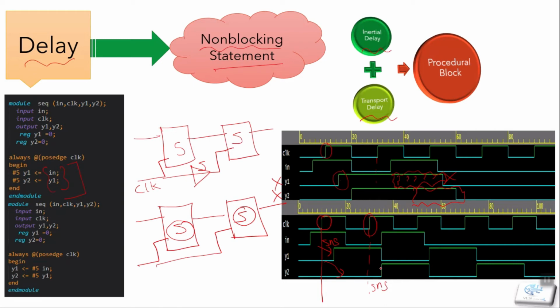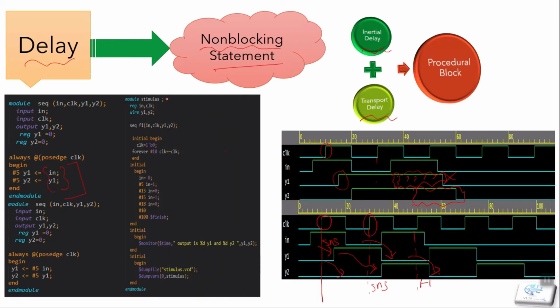That's why we got our y2 after this interval. In this way it works. On the next positive edge of clock, the input is low and our output y1 is low. But on the next positive edge of clock, we got our y2 low, because y2 depends on the previous value of y1. The same stimuli we have applied, so check it out.